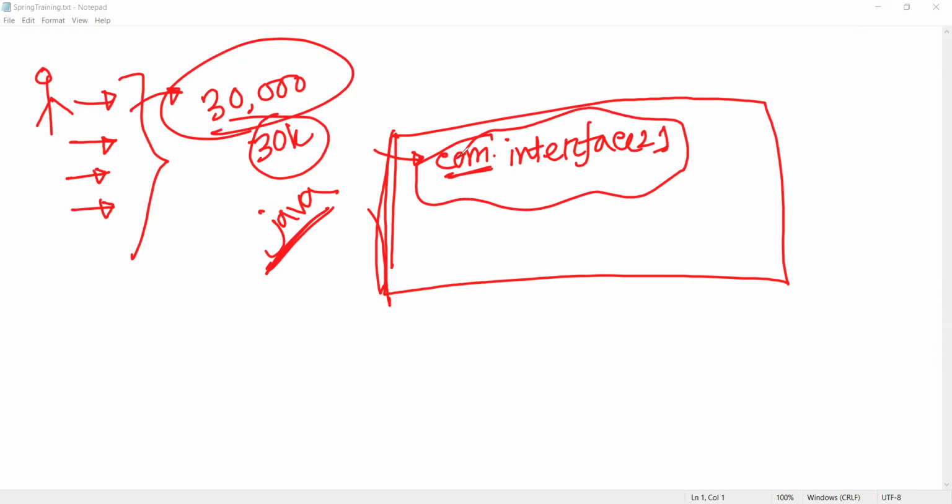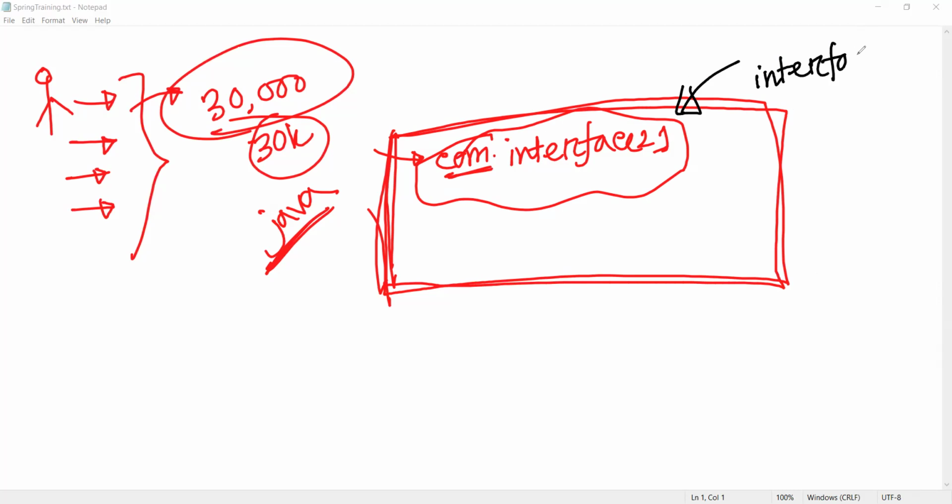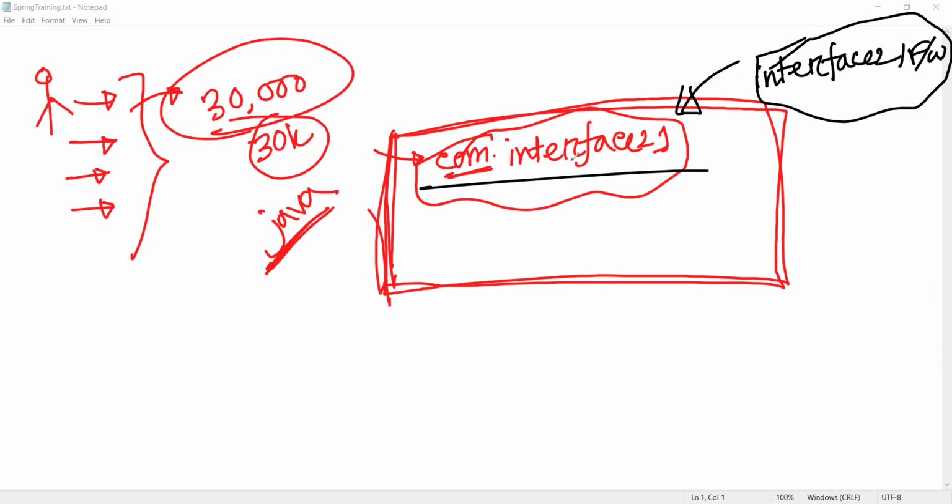And this 30,000 lines of code was called the Interface21 framework. In 2003, he provided this in his book.